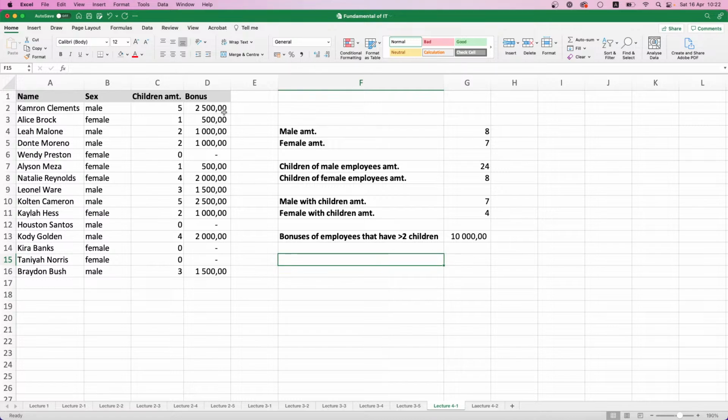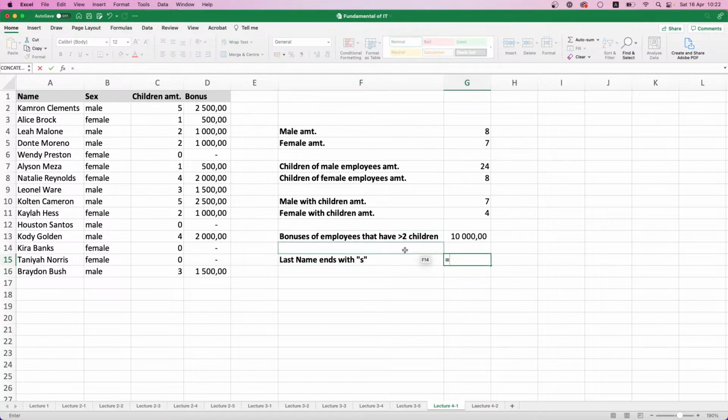So we just want to count the sum of their bonuses. Let's do this. It's going to be SUMIF